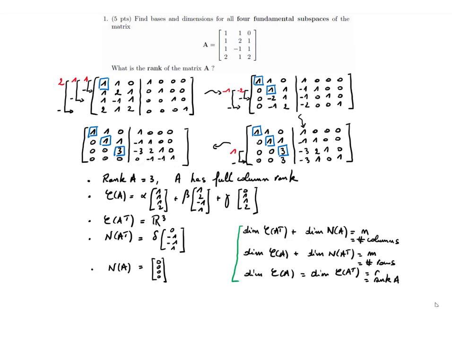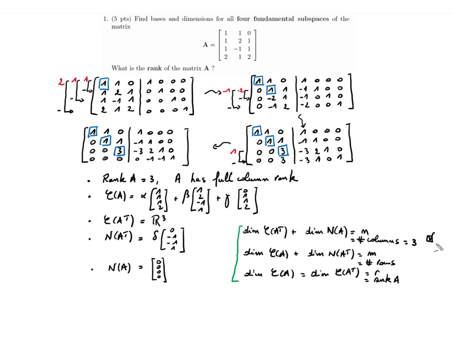Well, what you can do is look at the first part of the fundamental theorem of linear algebra and look at the dimensions of the different subspaces. We know that the dimension of the row space plus the dimension of the null space is equal to n, the number of columns, and in this case this is equal to 3. Here the dimension of the row space is 3, the dimension of the null space is 0, so this is